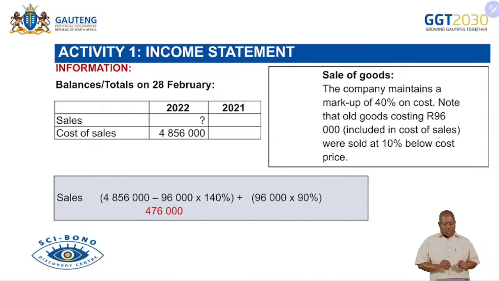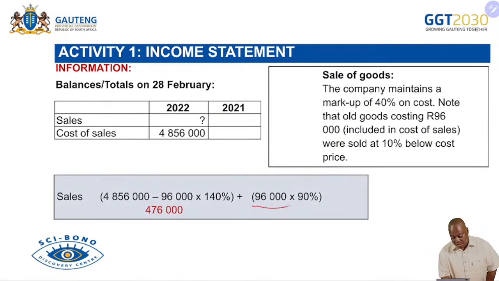Whatever we are going to get, we are going to mark it up by 40%. But when it comes to the 96,000 that we are subtracting from here, why are we subtracting? Because that 96,000 was not marked up. It was marked down by 10%. It means we multiply by